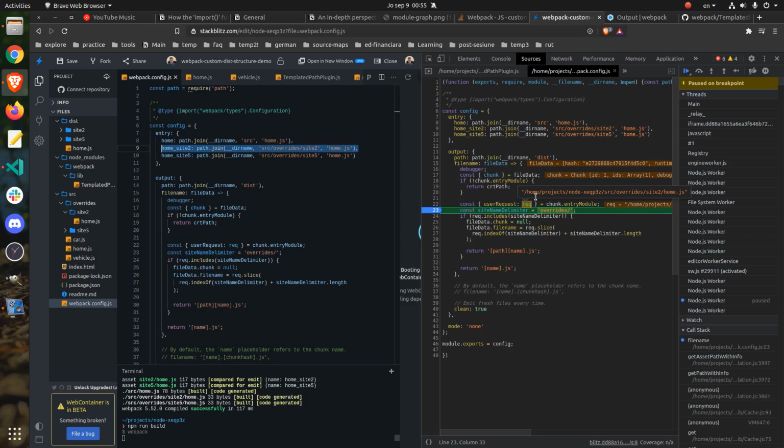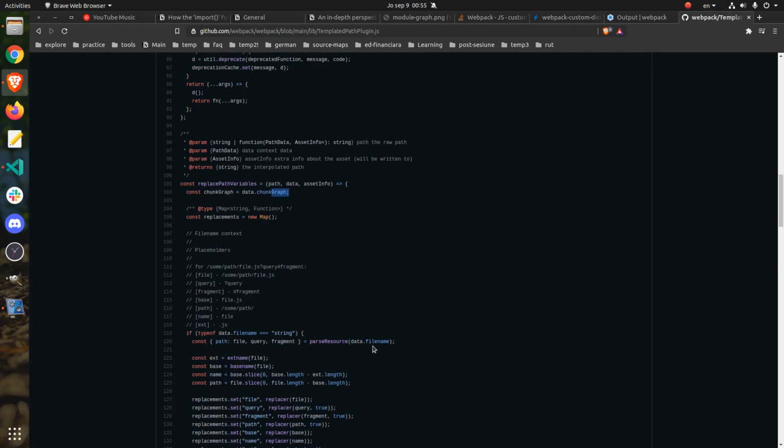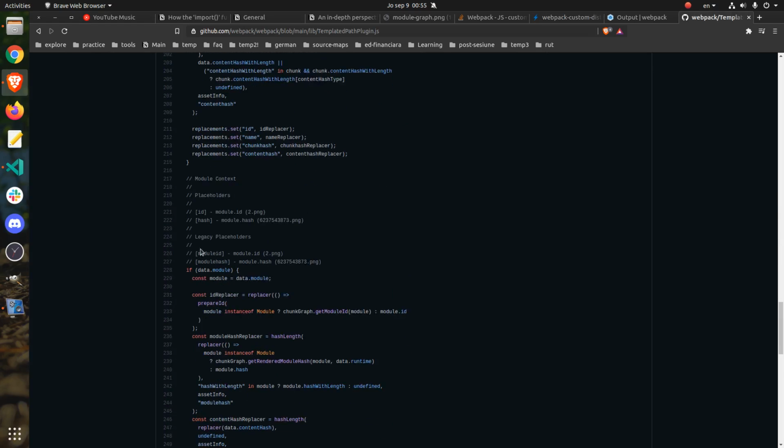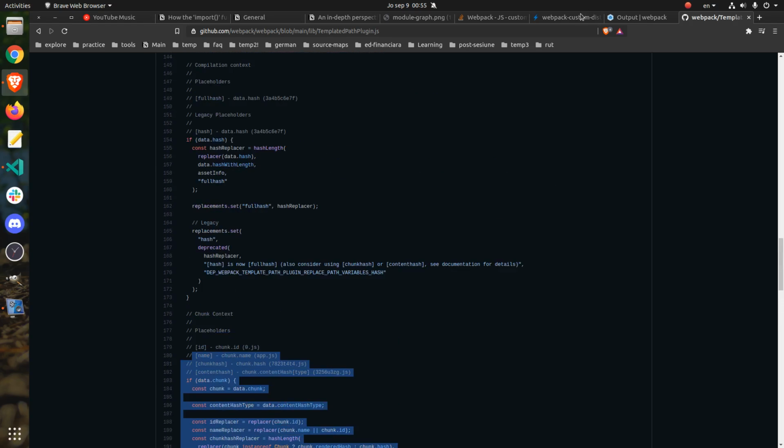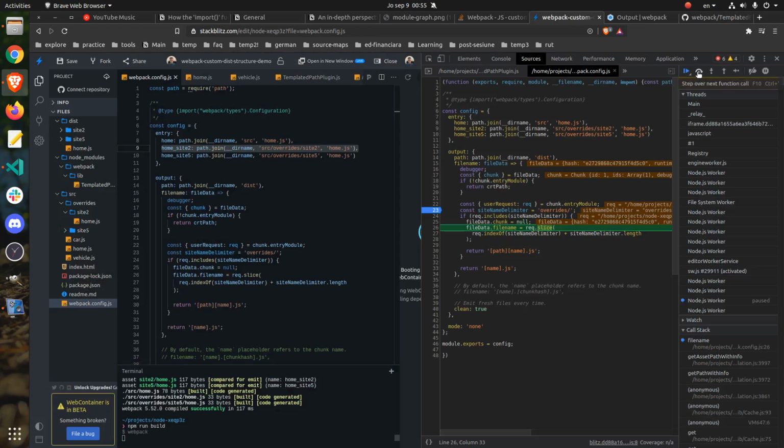Okay, and this path contains the overrides keyword. What we do is to null out the chunk, because once again we don't want that branch to be executed, this branch. Okay, and right now we are defining the file name, which is again exactly what comes after the overrides keyword. And why we are doing this,